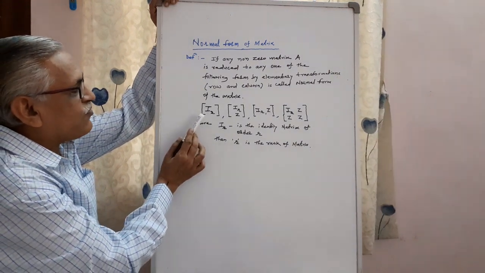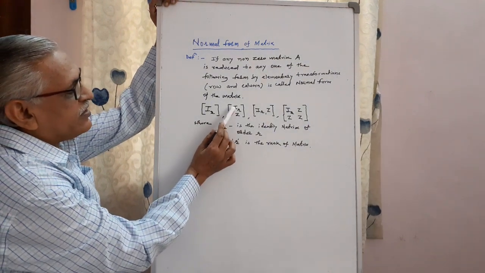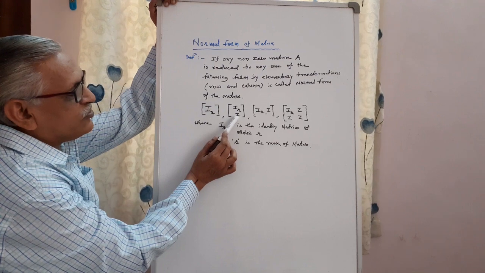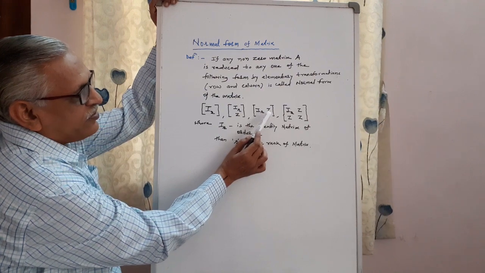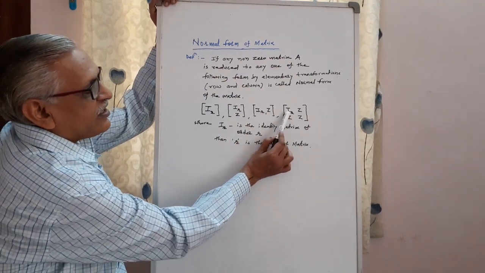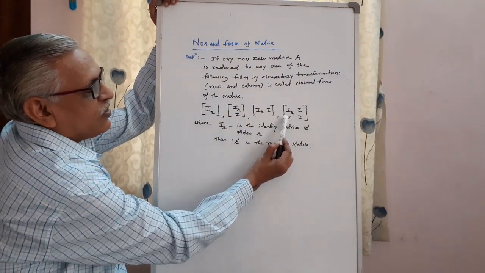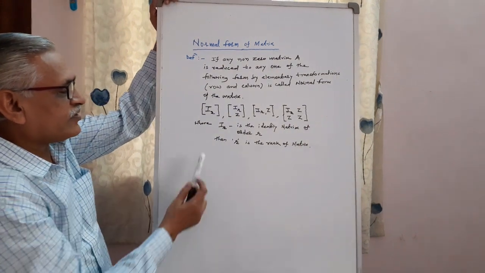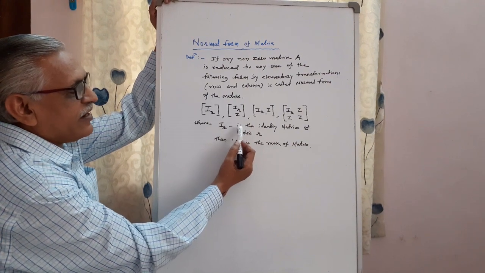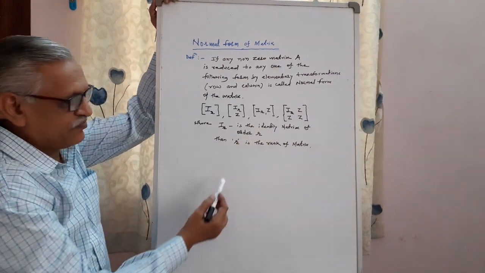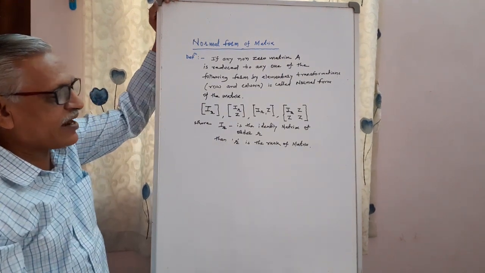There are a total of 4 different forms. First, identity matrix of order R, and below it a zero matrix. Then identity matrix, and in front of it a zero matrix. And last, identity matrix of order R, in front of it a zero matrix, and below two zero matrices, where IR means the identity matrix of order R, and that R is called the rank of the matrix.